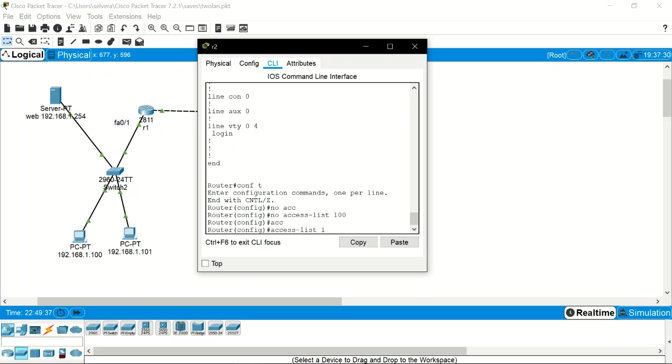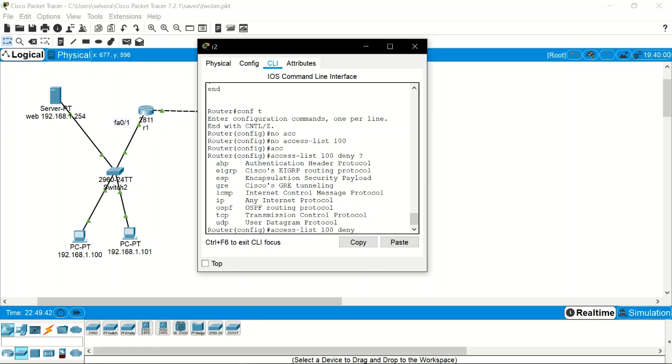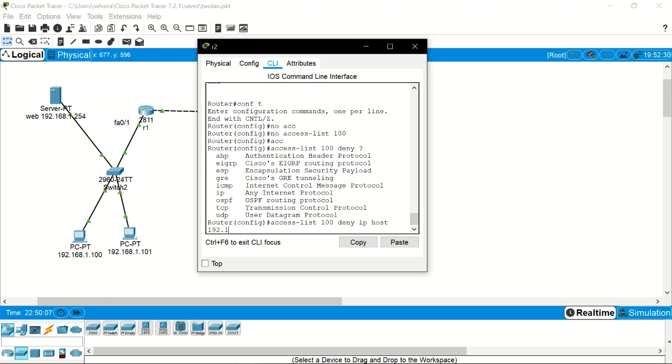Well, first we have to address which one, which is 100. Deny, put question mark. Remember, we can block specific packets, so I'll go ahead and we already did TCP, the port number. So now let's do the IP address. IP, and we can choose, for example, a host 192.168. This is the source IP address,